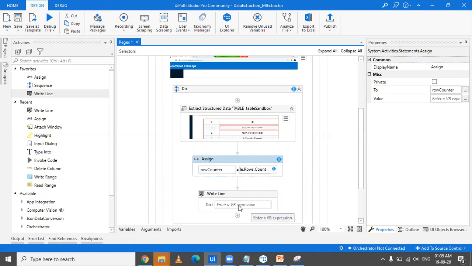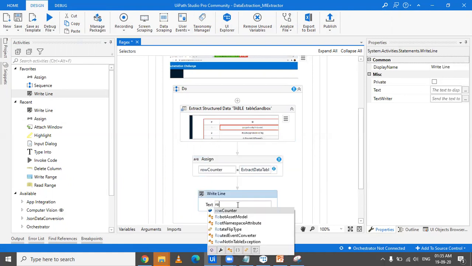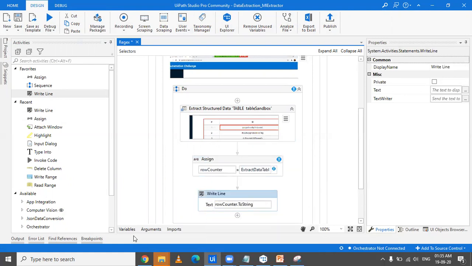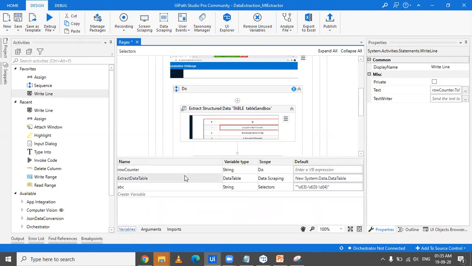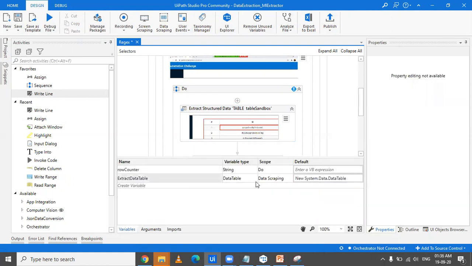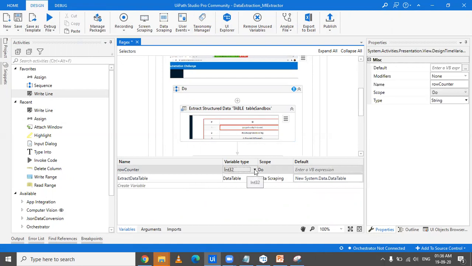Okay. And here we're going to write row counter dot toString. We'll change the data type from string to integer, and we'll change the scope of this to data scraping to selectors.